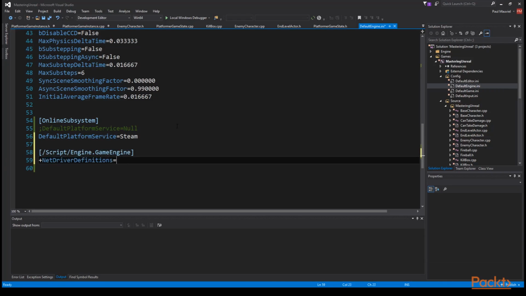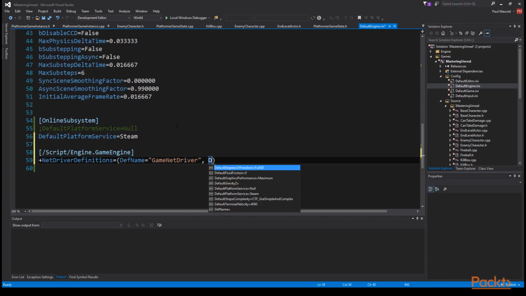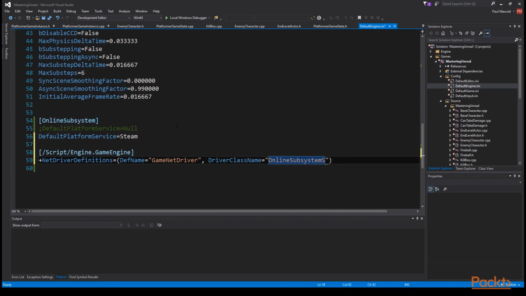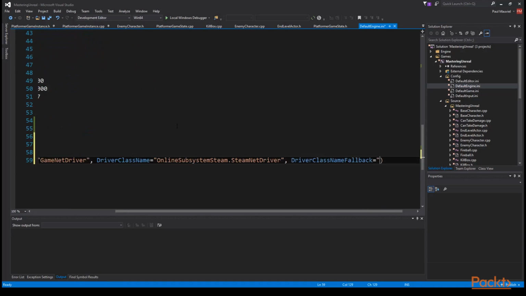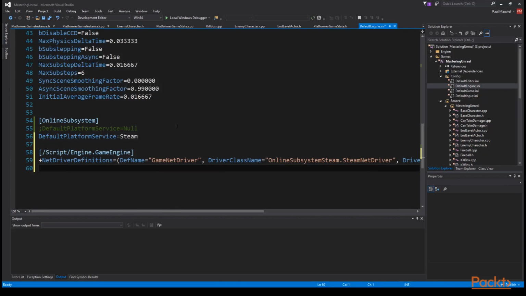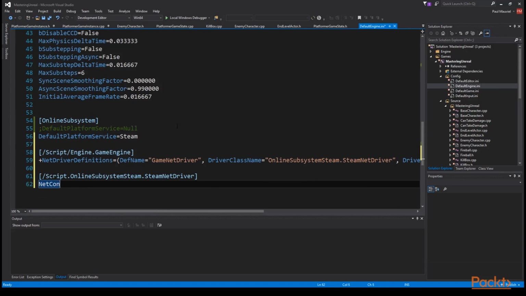So we're going to add /Script/Engine.GameEngine, +NetDriverDefinitions=(DefName="GameNetDriver",DriverClassName="OnlineSubsystemSteam.SteamNetDriver",DriverClassNameFallback="OnlineSubsystemUtils.IpNetDriver"). We'll follow that up with a new heading /Script/OnlineSubsystemSteam.SteamNetDriver, and then